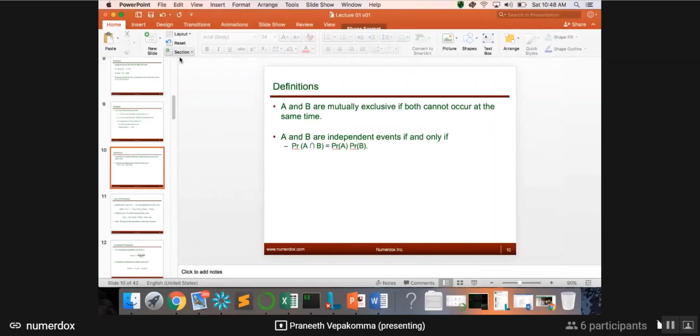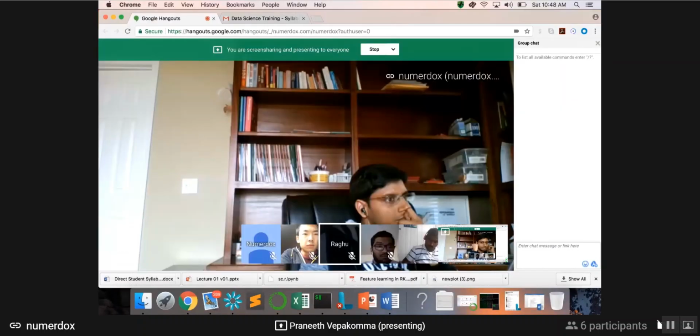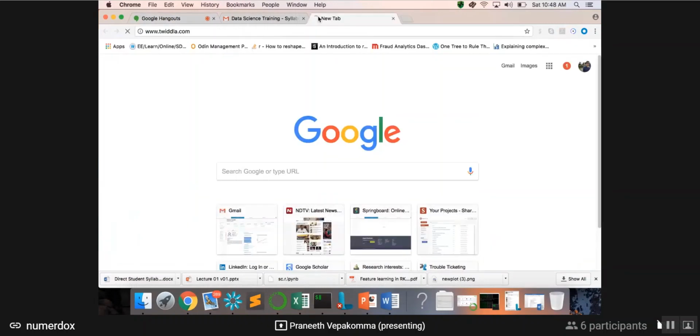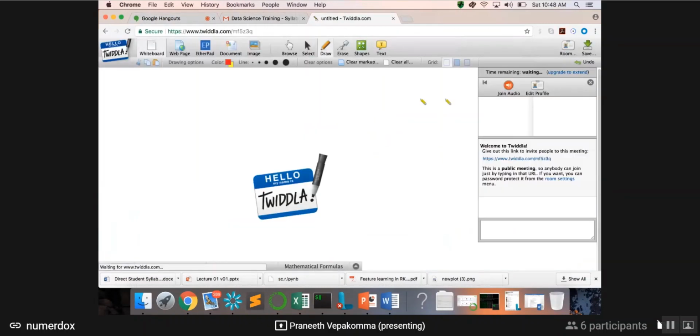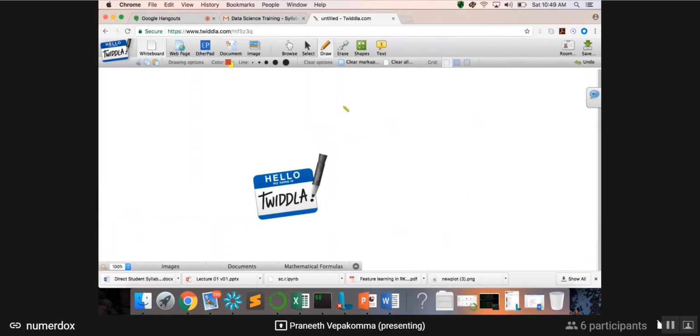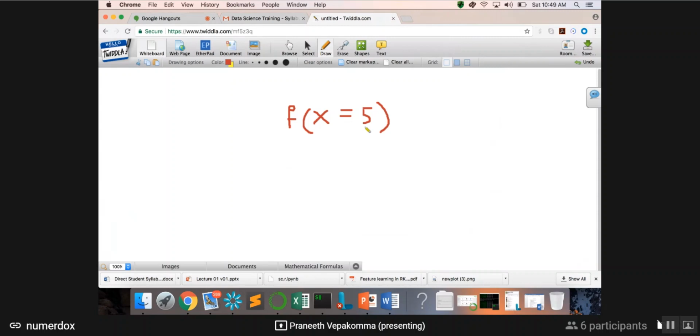Now there's some more mathematical intuition behind what's going on here, on why you got that formula the way it is. So let me open that up. I know Venkat was also mentioning that I'm interested in formulas. So basically, we're going to cover in the next few slides the concept of a distribution function, which is a function denoted by f, which takes in a value that you're measuring for your event. So if x is what you're measuring, and it takes a value of whatever you think it should be taking, you want to measure the probability of x taking a value of 5. So this could be the sum of the two dice, for example.